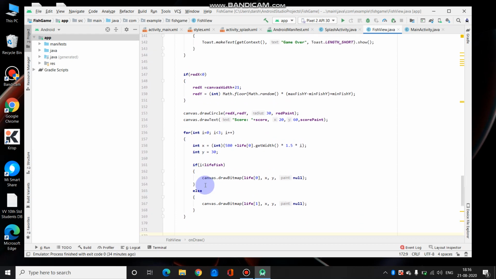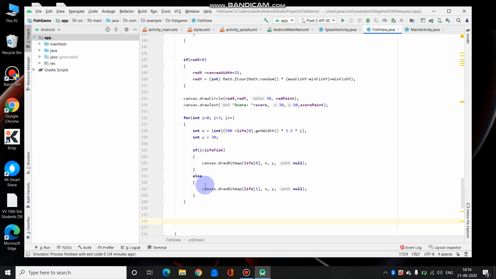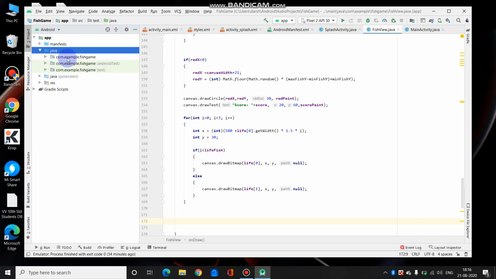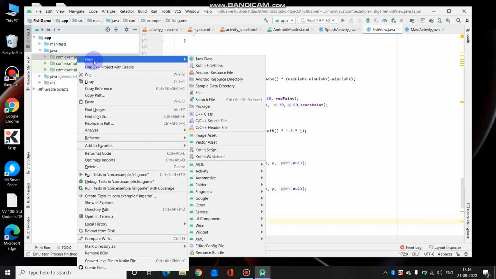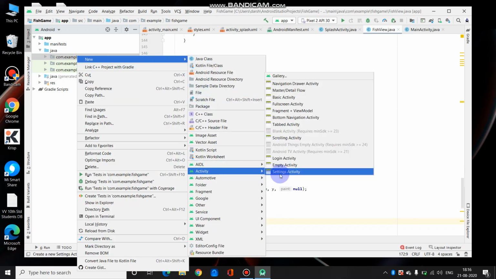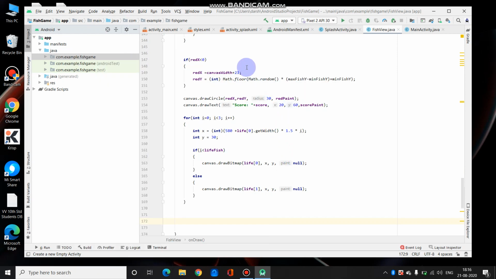Now the last part is to create a game over activity and design it. For now we'll just create a new activity. Let's go to app, Java, click on this package, right click this, new activity, empty activity.